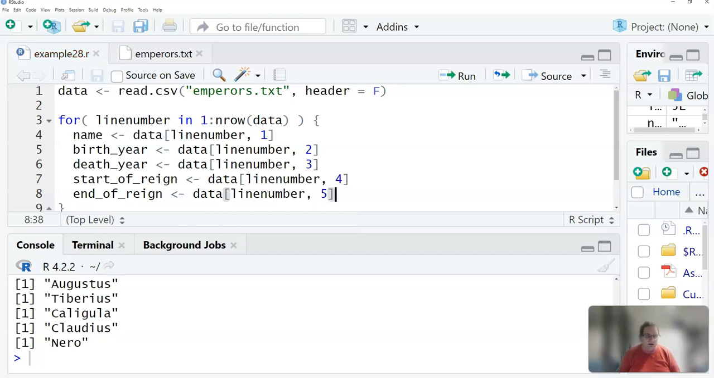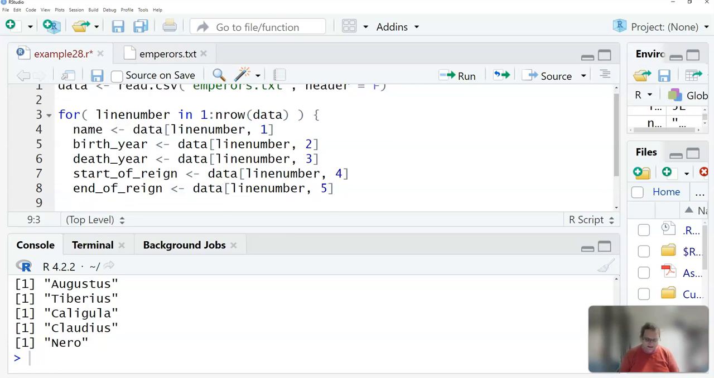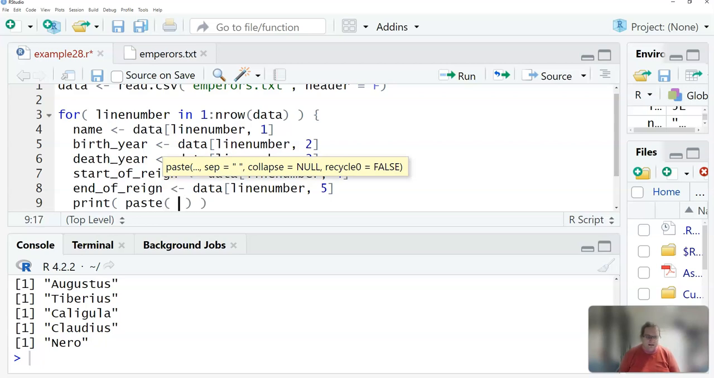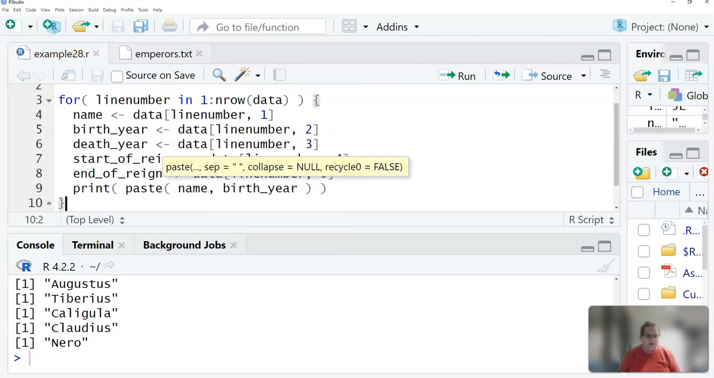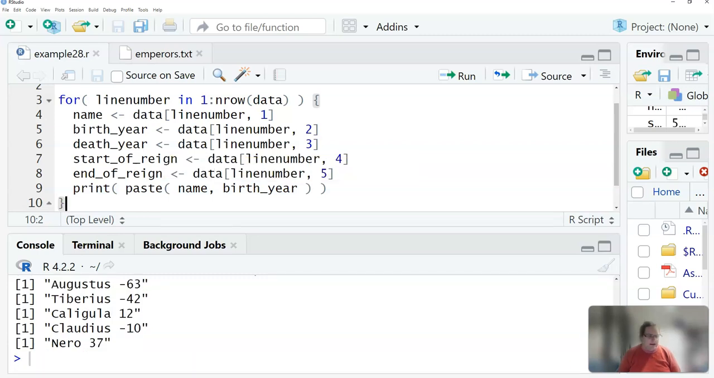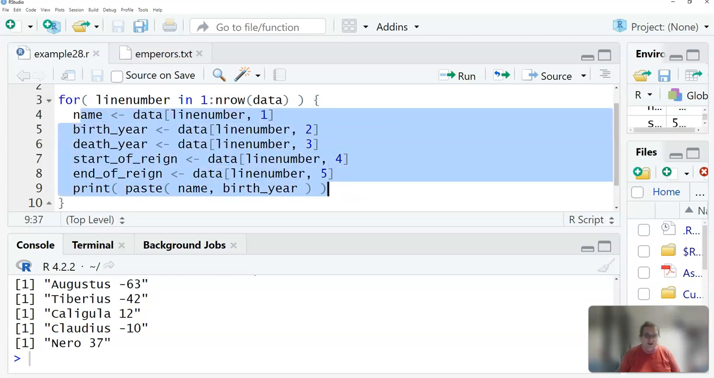So now we've separated all the entities, and we do this for everyone separately. Let's just also show what we are doing. So we want to print out something that has the name, and then we want to print out the birth year. And now when we run this, we get nicely separated that Augustus was born in year 63 before Anno Domini, and Caligula was born 12 Anno Domini. And you just basically go through every line and then you do the same operations to every line of that